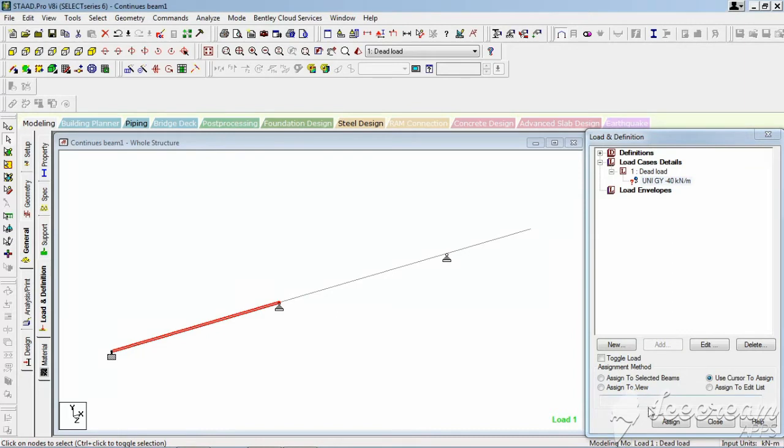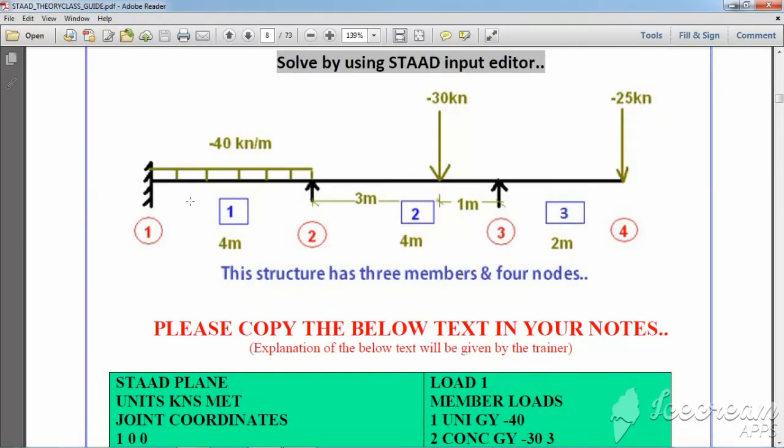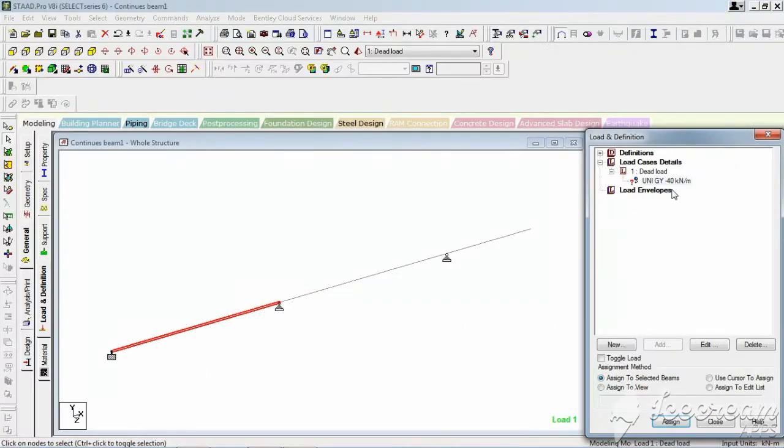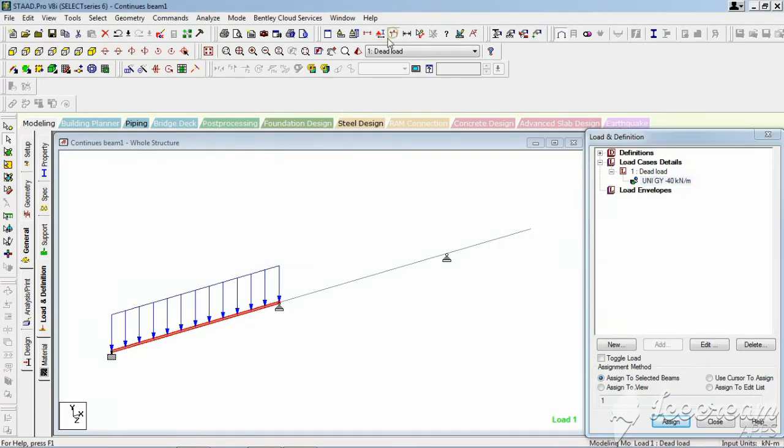Apply this force to this portion, assigned to selected beam. This question is given to us. Okay, we have given this question and assigned it to the selected beam, and then finally we assign the load on these portions.